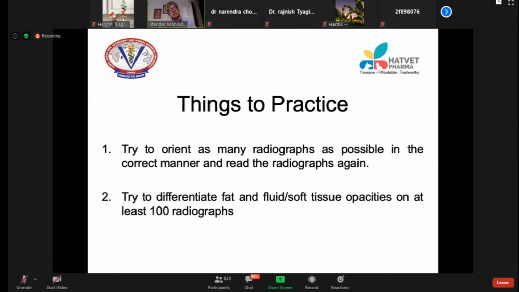This is the practice. It will take half a minute for each radiograph. But just practice seeing the opacity. Once you start seeing the opacities, you will definitely understand, or you will train your mind to see the opacities. If you do this, it will be easy for you to understand my next two lectures. If you are not able to practice this, it will be difficult for you to pick up the things which I want to tell you in the next class.